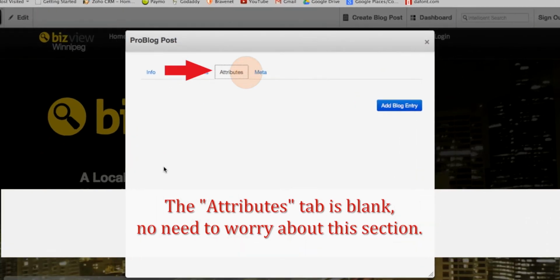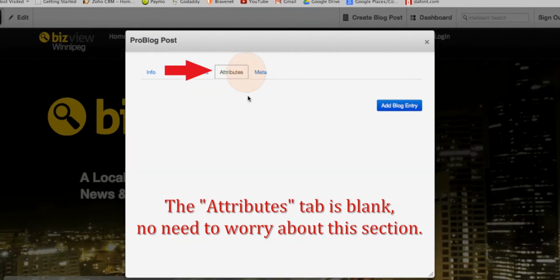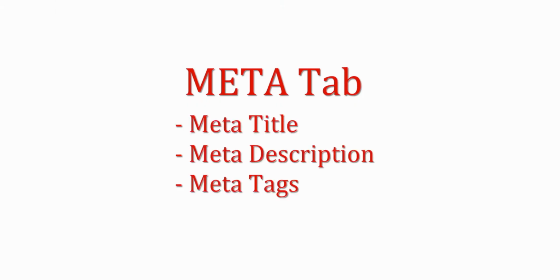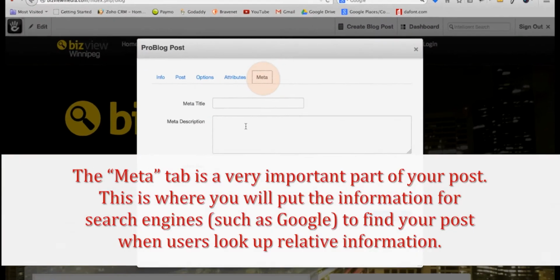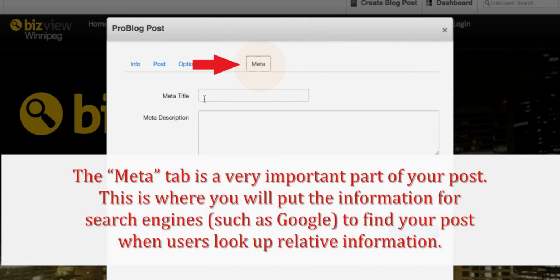The Attributes tab is blank. No need to worry about this section. The Meta tab is a very important part of your post. This is where you'll put the information for search engines, such as Google, to find your posts when users look